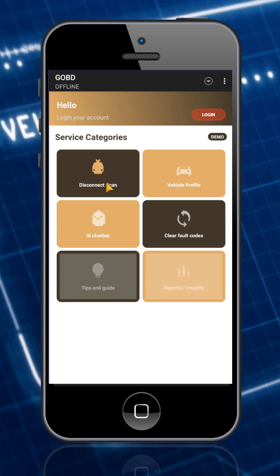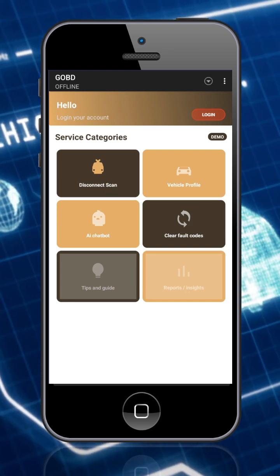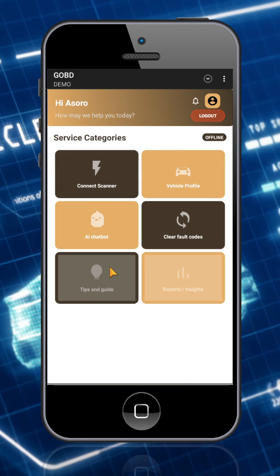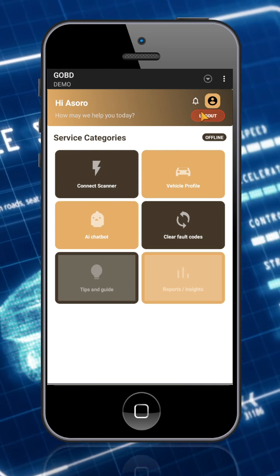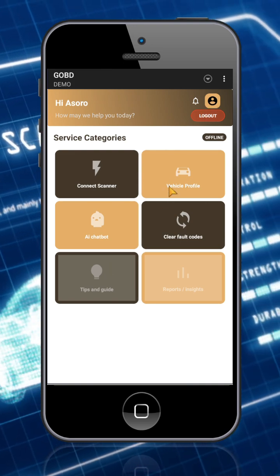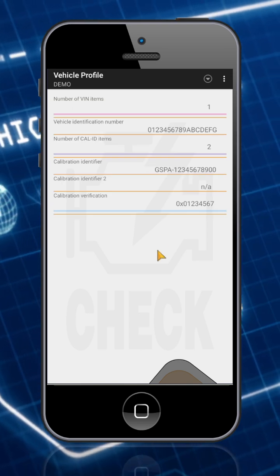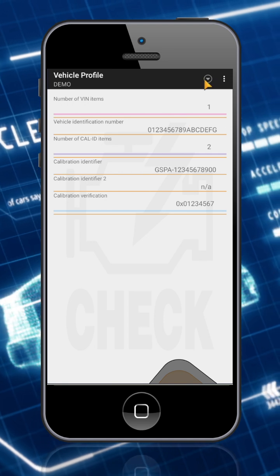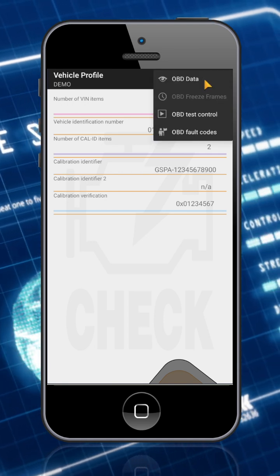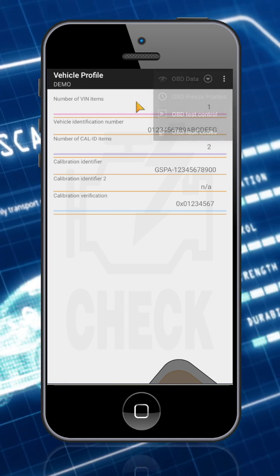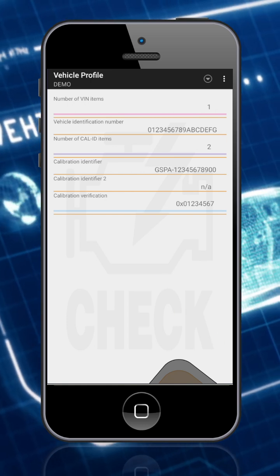Open the G-OBD app. After connecting to your OBD scanner, the first thing you can check is your vehicle data. So when you click on the vehicle data, you can see your vehicle data. This is a demo mode, so it's also going to give us some random vehicle data. So you can now go to your option, and then you can go back to the